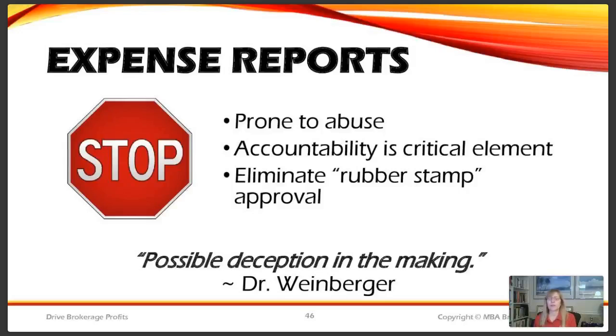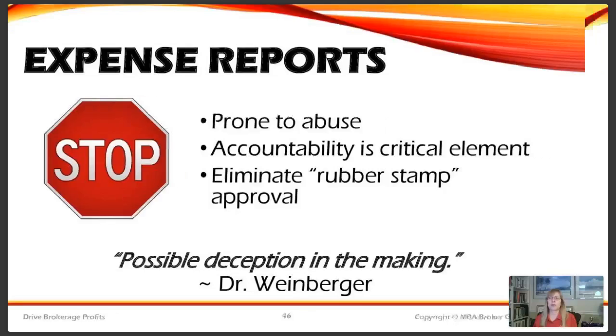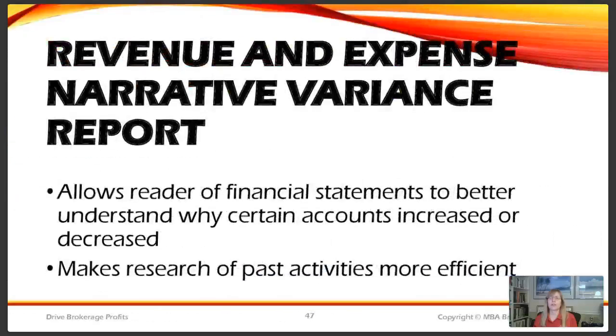Now, especially if you have outsourced your bookkeeping and your accounting, it's great. I do encourage you to do that, but again, take a look at the bottom line yourself and make sure that everything is as you expect, and don't be afraid to question or make an inquiry if not. And that's where this report comes in. This is called the Revenue and Expense Narrative Variance Report. And what it does is